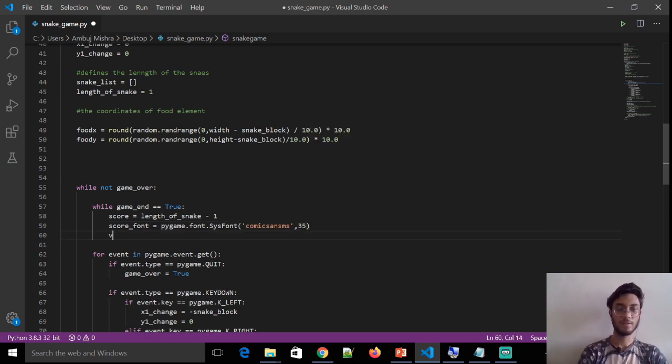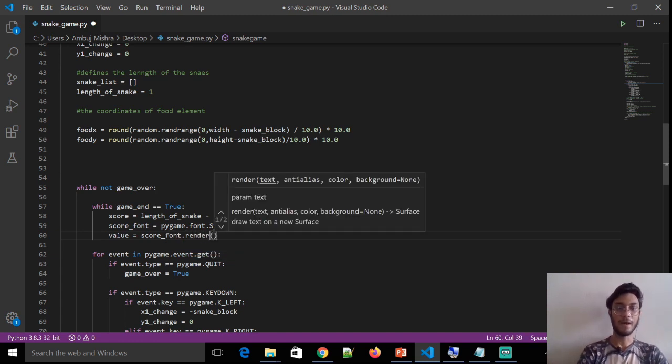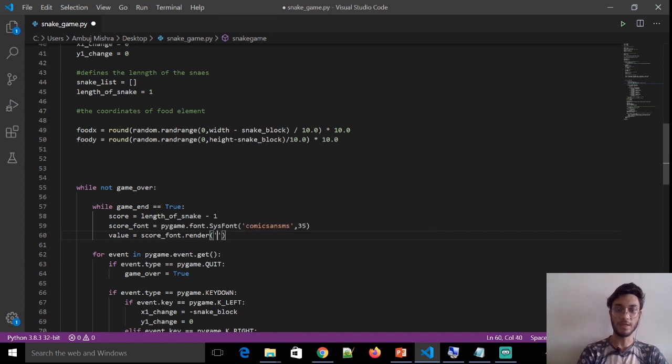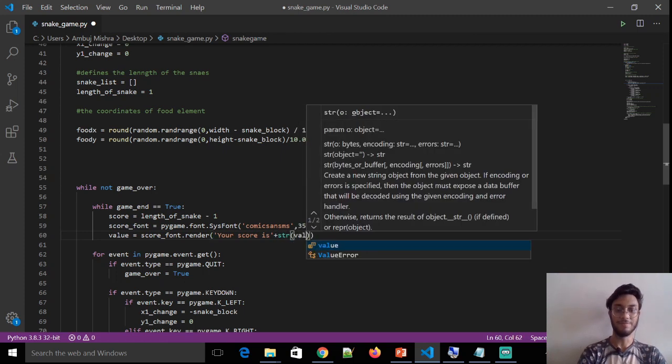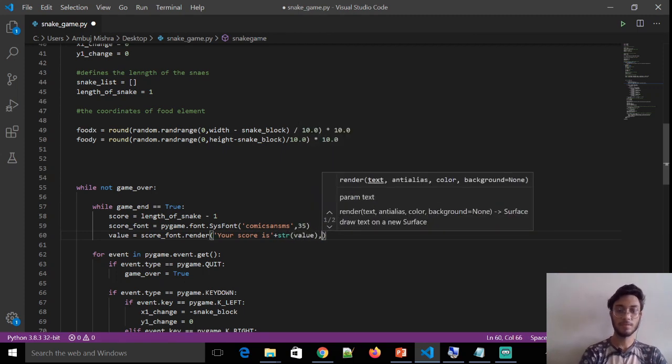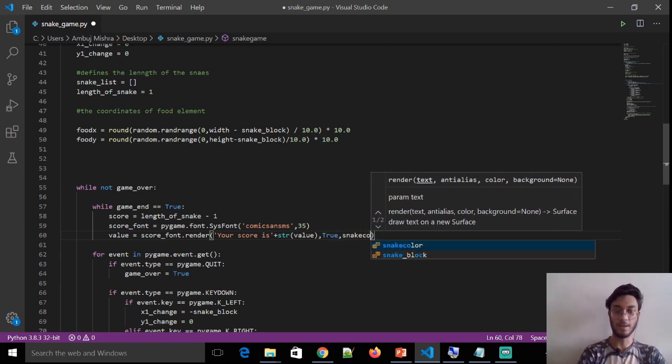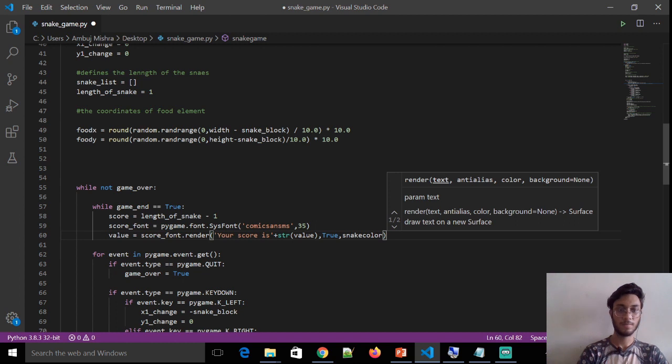After that, value, which I'm going to use score font dot render, and in that I will pass what I want to be displayed, that is, your score is plus str value, then true, and the color. I'm using the snake color as my text color.